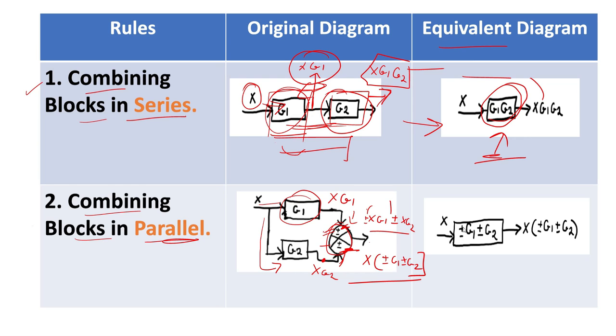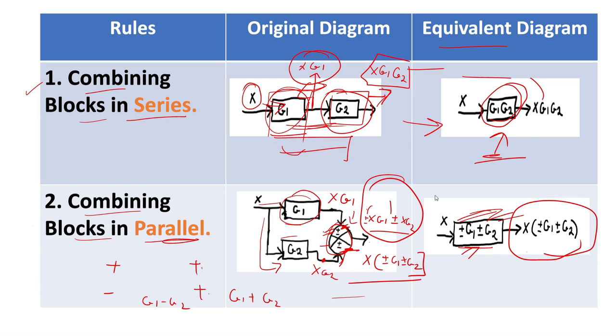So we can say that if two blocks are combined in parallel like this, then in their equivalent diagram, they are either subtracted or added depending on the sign. As you can see here, if it's plus and plus on both sides, then the output will be G1 plus G2. Similarly, if it's plus and minus, then the output will be G1 minus G2. Similarly, you can extend this. The main theme here is to make the output the same as the output in this case. So both the outputs should be the same in order to make this diagram its equivalent diagram.